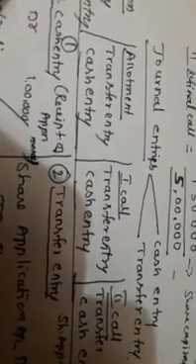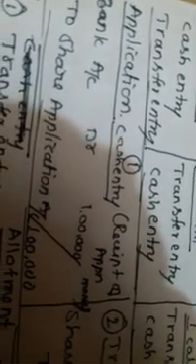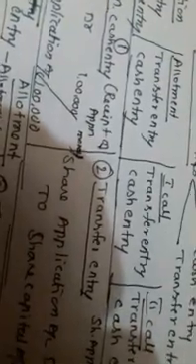the transfer entry will come first and the cash entry will come second. Because in the application form, the company receives cash from the public, it writes the receipt of application money: bank account debit to share application account. Then this received application money is transferred to the company account, isn't it? So in the receipt of application money, share application is credited in the cash entry. While in the transfer entry, share application account debit to share capital, it is debited in the transfer entry. So in the cash entry, share application account is credited. In the transfer entry, share application must be debited. So this is called the transfer entry.